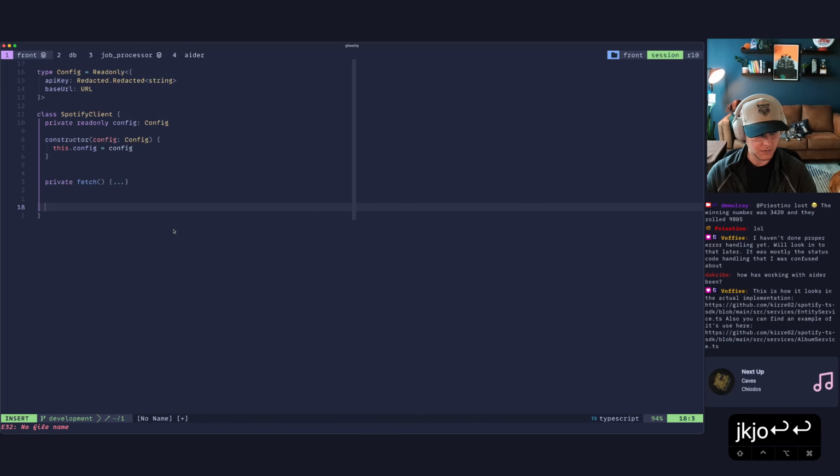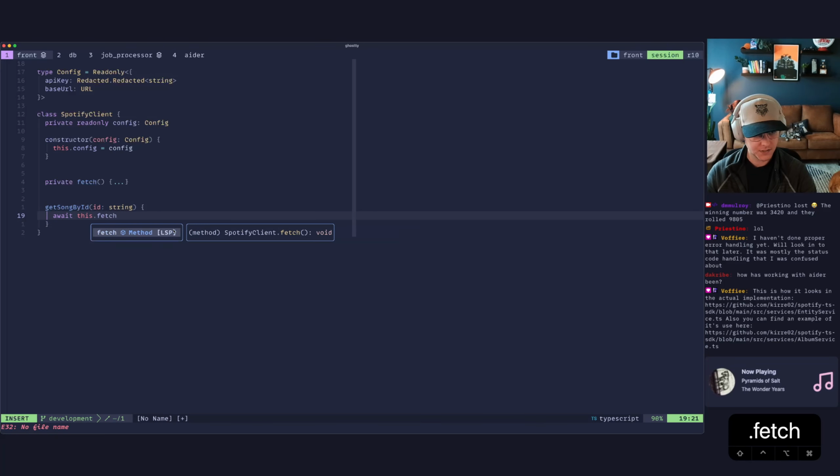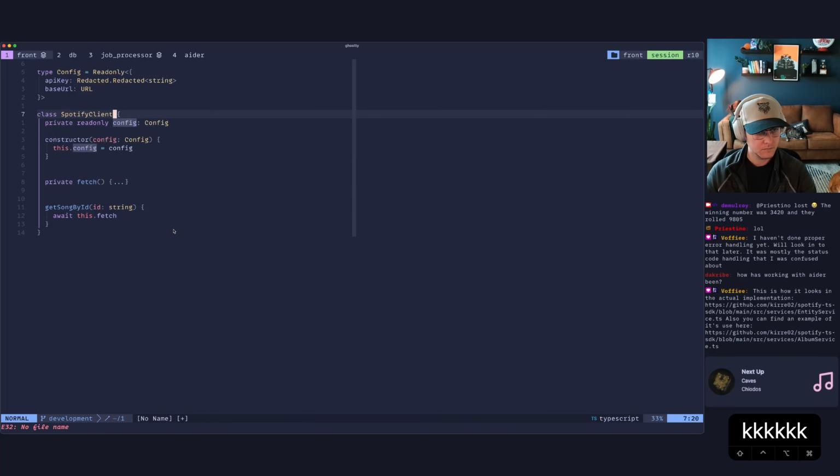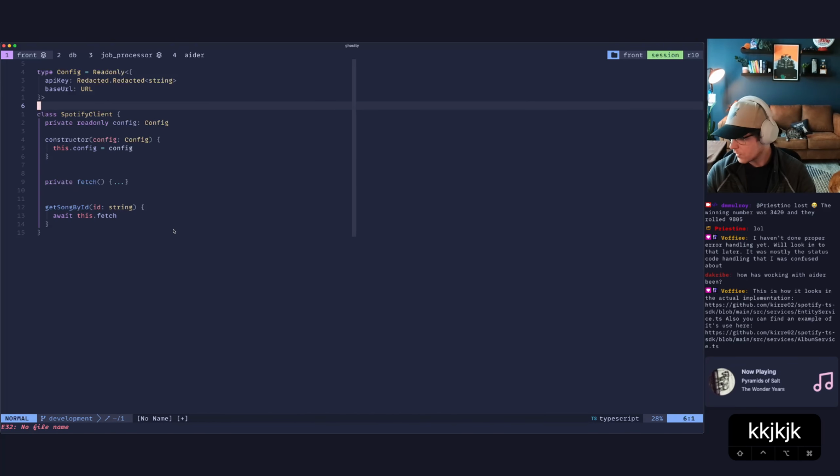And then we could do like getSongById, and in here the ID string, in here await this.fetch. And obviously you're going to want to effectify this, right? This is just how I like to set up stuff like this. Hopefully this is how it looks in the actual,